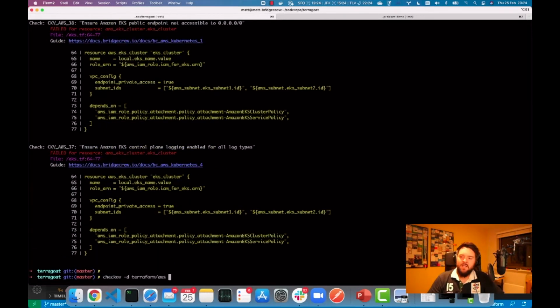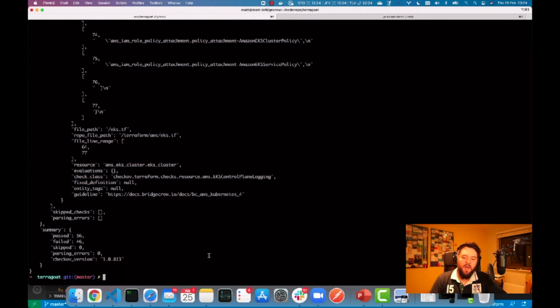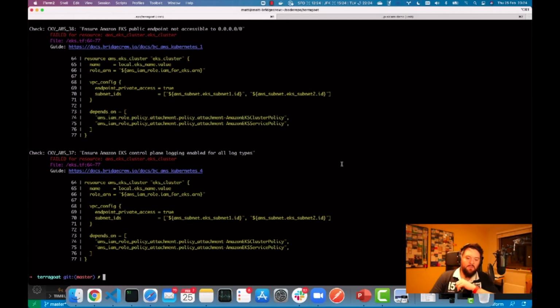It allows you to really quickly get an idea of what's going on with the security posture of your infrastructure as code. We can also output in JSON, failed checks, pass checks, parsing issues, so that you can go ahead and do more exciting and interesting things with the data. We also have a quiet mode, which will only show you failed checks as well as all the pass checks, which we didn't quite scroll up far enough for, and a number of other